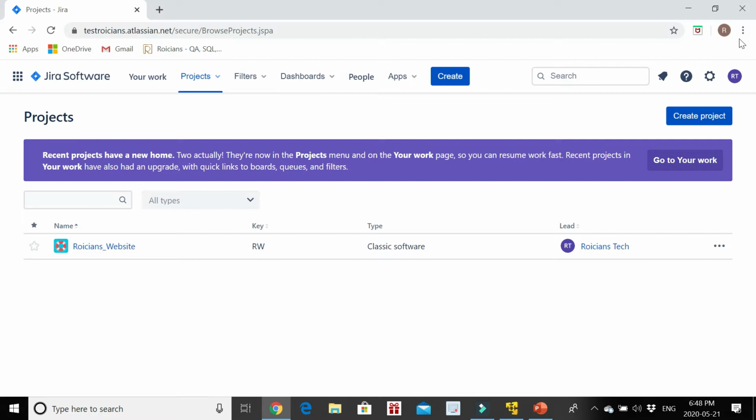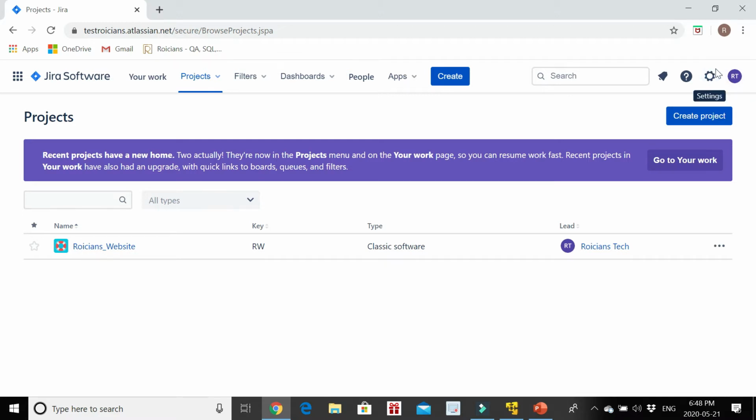So guys, Zephyr is used in Jira as a test management tool. With the help of Zephyr, you can write down the test cases, you can update the execution of test cases, and Jira was meant to log the defects, so defect logging is there. So you can manage the complete testing process with the help of Zephyr plugin in Jira. So guys, let's understand how to integrate it with Jira.